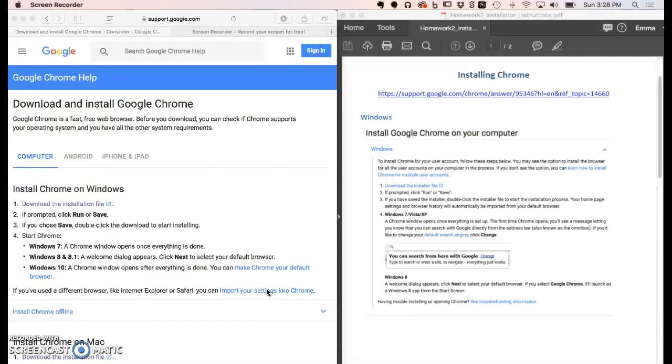So for this homework, I tested the Google Chrome download and install instructions with 2 test subjects. Subject A, who's my mother, who's 70 years old, and subject B, who's my father, who's 66 years old. And despite some differences in comfort and confidence with computers, I found that both of my subjects reported similar